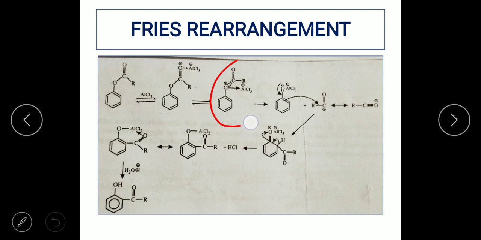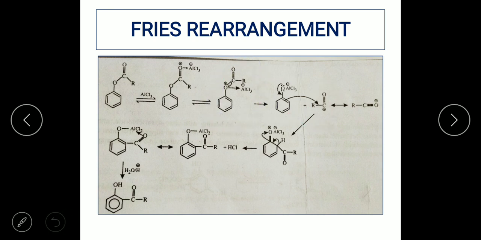Now this is where an adduct is formed. Since the oxygen has donated its electron pair to the Lewis acid, you can see how oxygen is forming 3 bonds and hence has a positive charge on the oxygen atom. Now the next step: there's going to be a cleavage, that is, a departure of the acyl group to give rise to the acyl cation, C double bond O plus, and also the formation of the aryloxy Lewis acid, that is ArO-AlCl3. So these are the two fragments from this dissociation, or this kind of cleavage, of the intermediate.